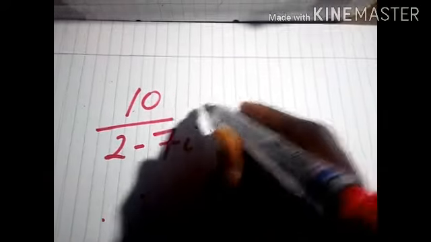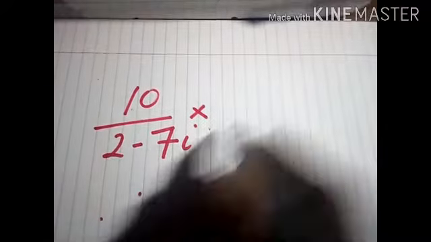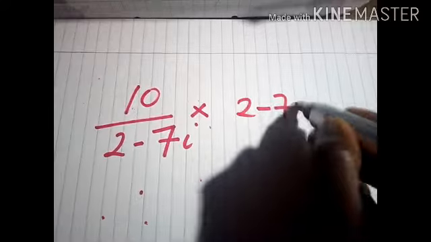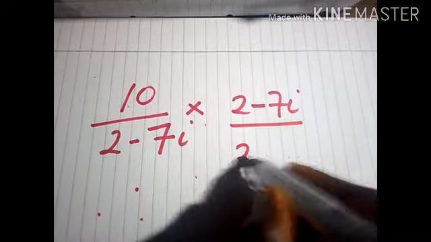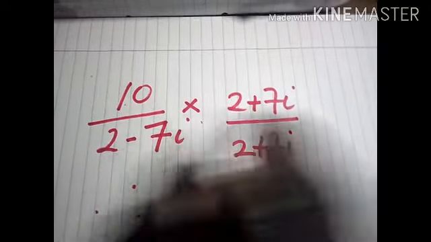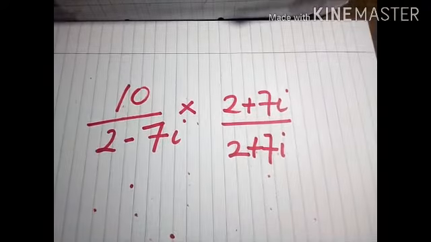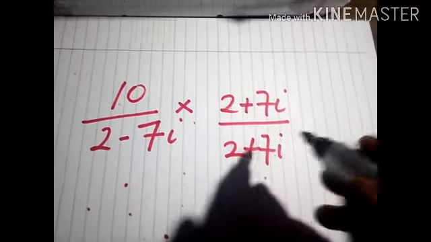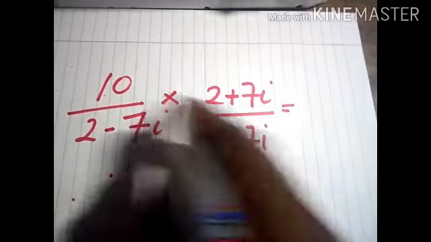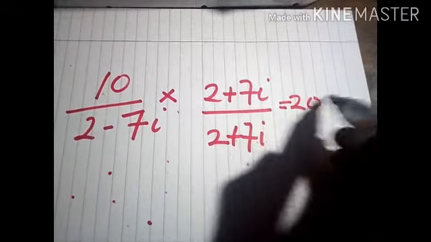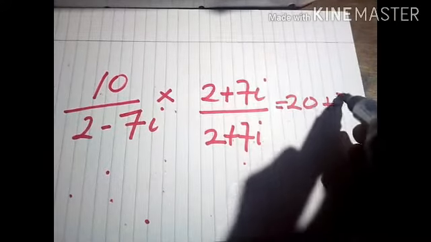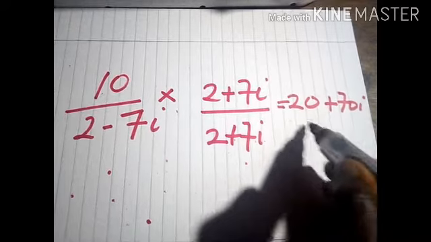So you multiply the numerator and denominator. So that will be 10 times 2 minus 7i divided by 2 plus 7i, 2 plus 7i. So we multiply. So multiplying, we get this to be equal to 10 times 2 gives you 20 plus 10 times 7i will give you 70i divided by